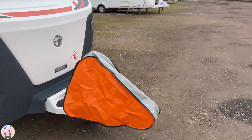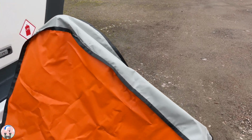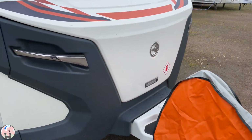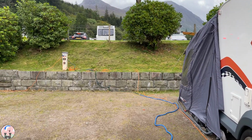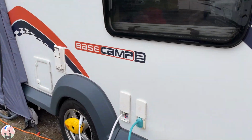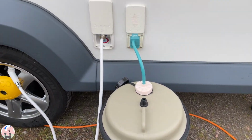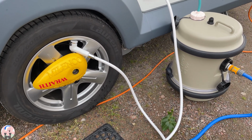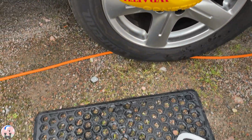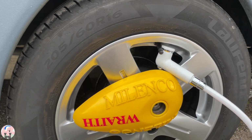So we've got the hitch cover by Bags of Fun Creations, we love that, and of course underneath got the hitch lock, electric hookup, 25-metre cable because of the distance to the actual electric itself, fully serviced pitch. So I've got the Aquaroll connected to the water, and I've also got the external shower hooked on to clean the dog's paws. There's a mat on the floor that I clean the paws on. It's got the Glencoe wheel lock as usual,